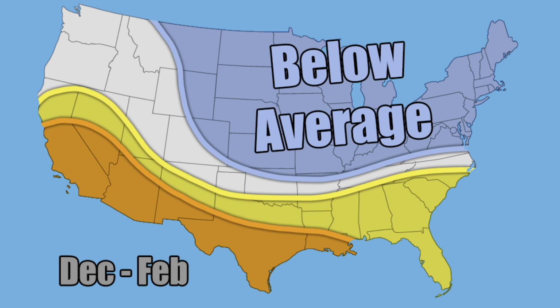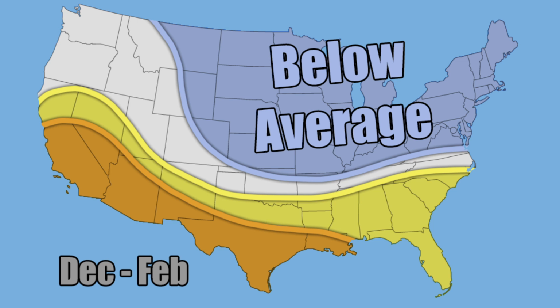But what I'm finding now is that within a lot of these shorter term models, they're actually going for a much colder than normal and snowier than normal December, and this might drastically skew your winter totals, because a warmer than normal December would usually lead to a warmer than normal winter and a less snowy winter on many occasions. If you look at many different data sets through the eastern United States, that is really something that you see. When you take a below average December, it usually leads to a below average winter. And in terms of snowfall, when you get an above average snowfall December, you usually get an above average snowfall winter as a whole.